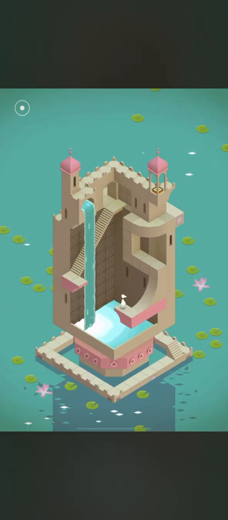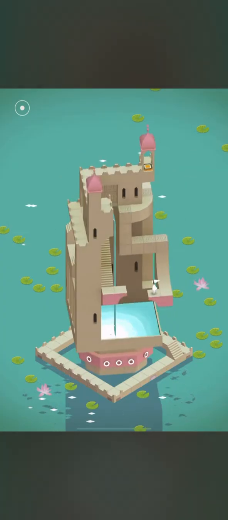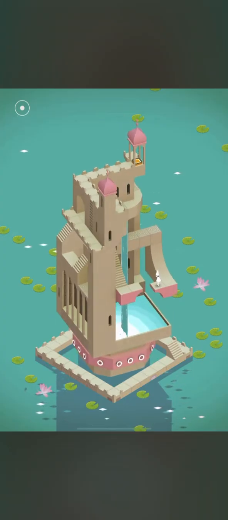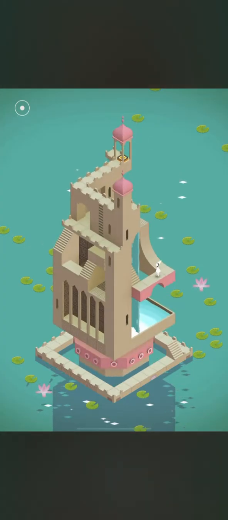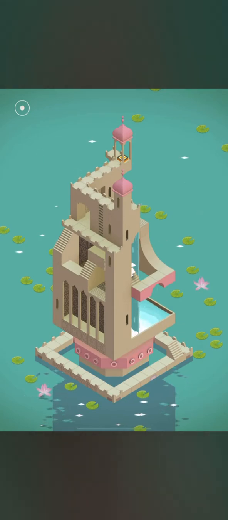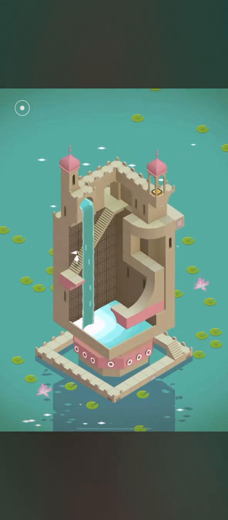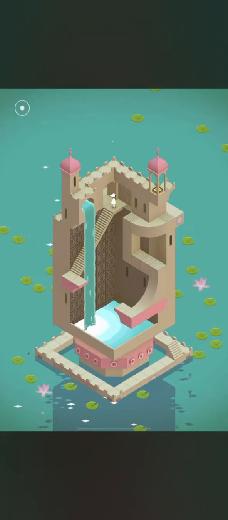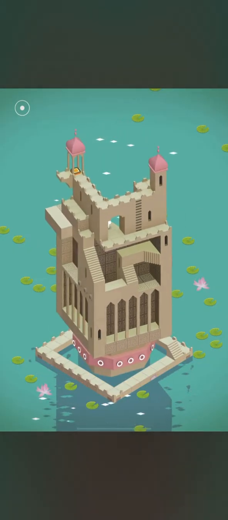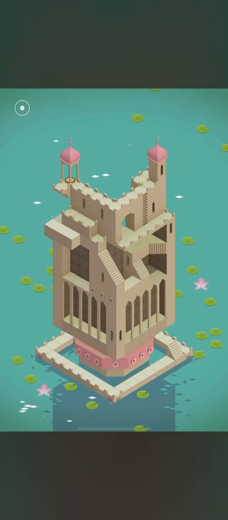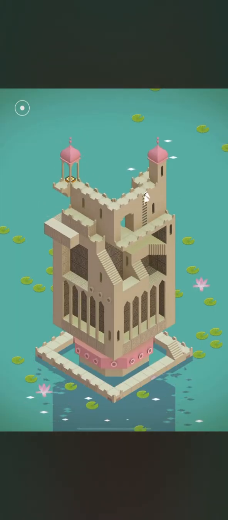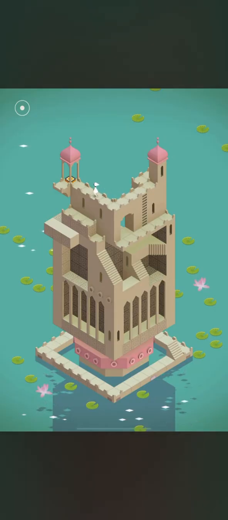Oh, that's cool how she walked down that ramp. Oh yeah, see, when I rotate it, it closes that gap there, just enough for her to walk across. And now you see we rotate the other way, it's open. So yeah, this is very, very creative. Whoever put this game together, I definitely want you guys to check this out. This is pretty cool.